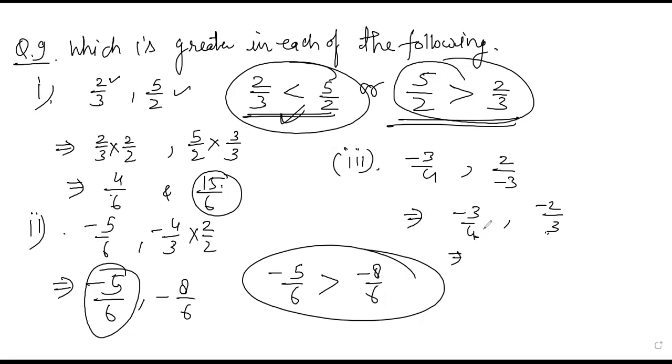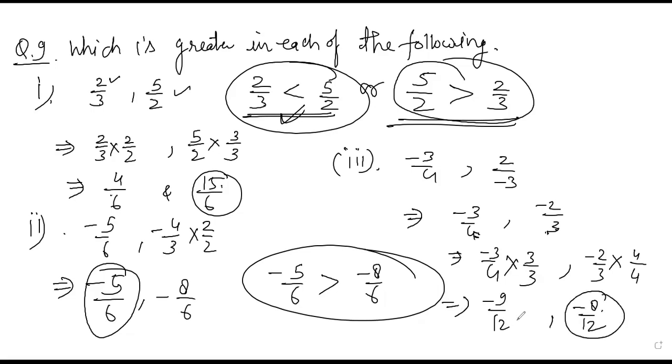They are not divisible by each other. 4 is not a prime, 3 is prime, but they are not divisible. When the denominators are not divisible by each other, you cross multiply the denominators with the respective numbers. So -3/4 into 3/3 is -9/12,